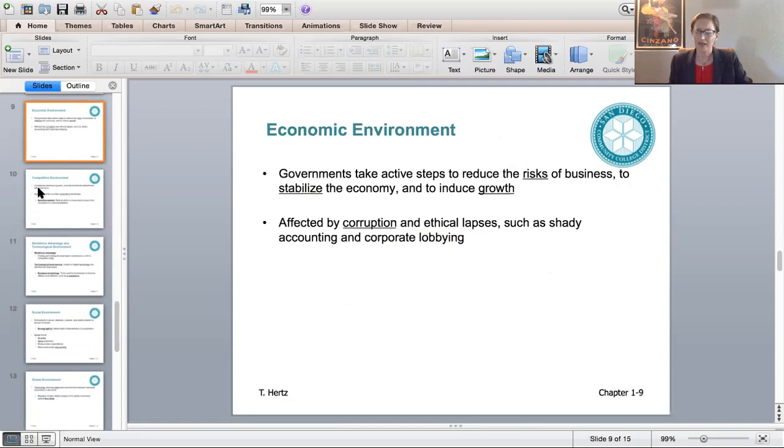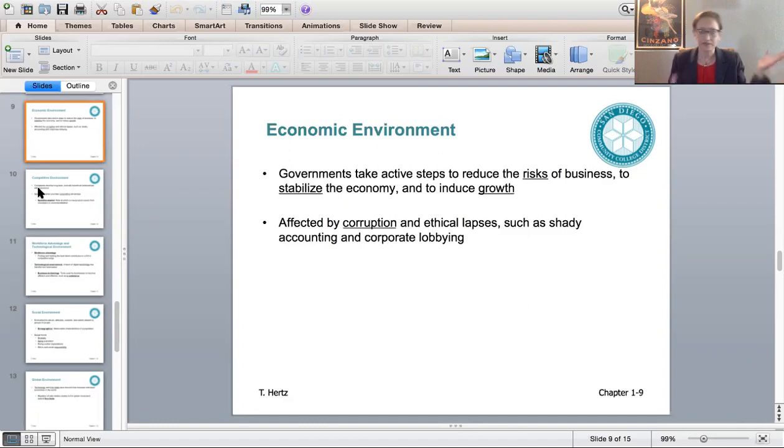So we know, I said this briefly, and we'll talk a little bit more about it later, that in the United States, we are in a capitalistic society. Capitalism is our economic system, but it's not pure capitalism, right? Because in a purely capitalistic society, there would be absolutely no social programs. There would be no government intervention. We have a little mix of socialism.